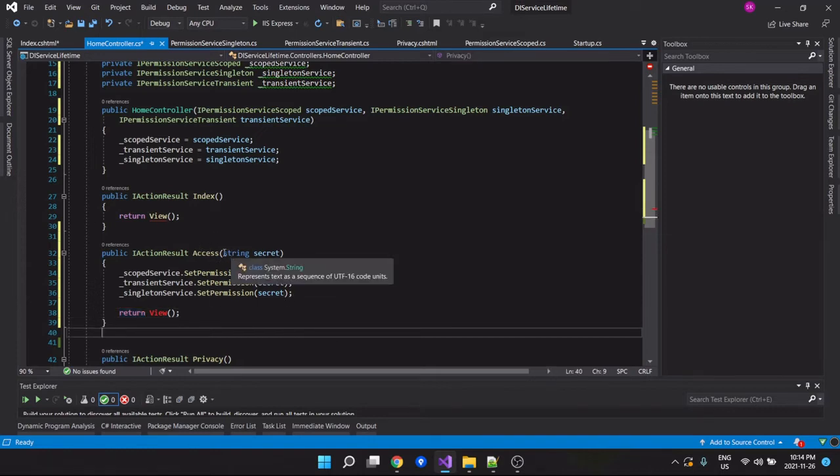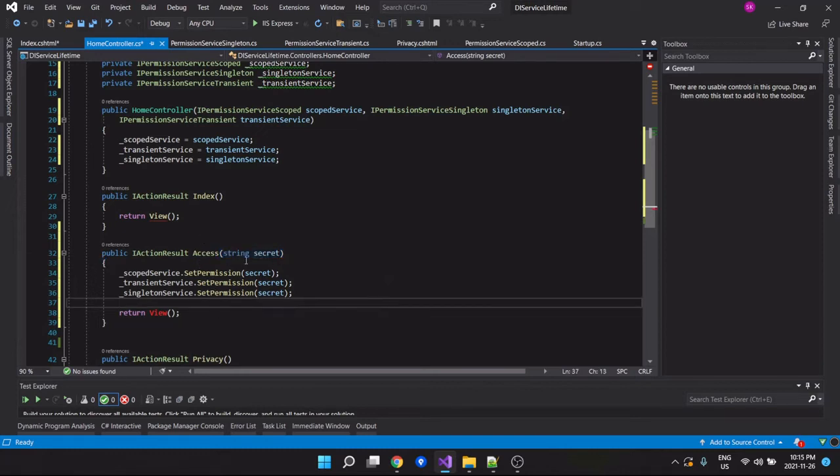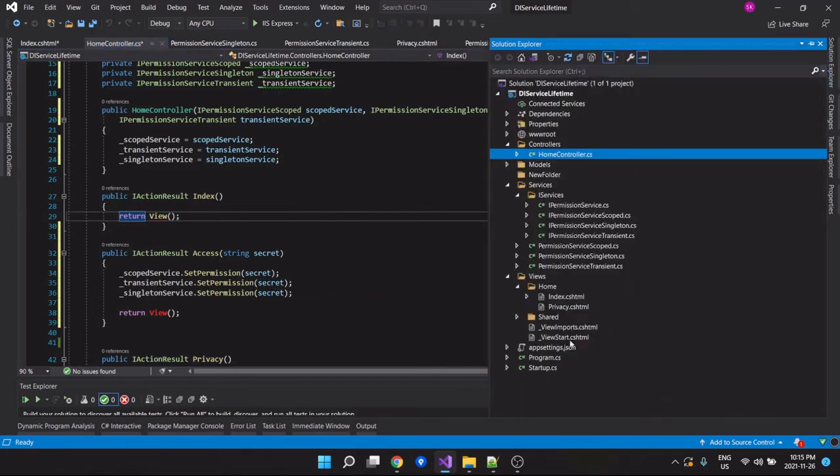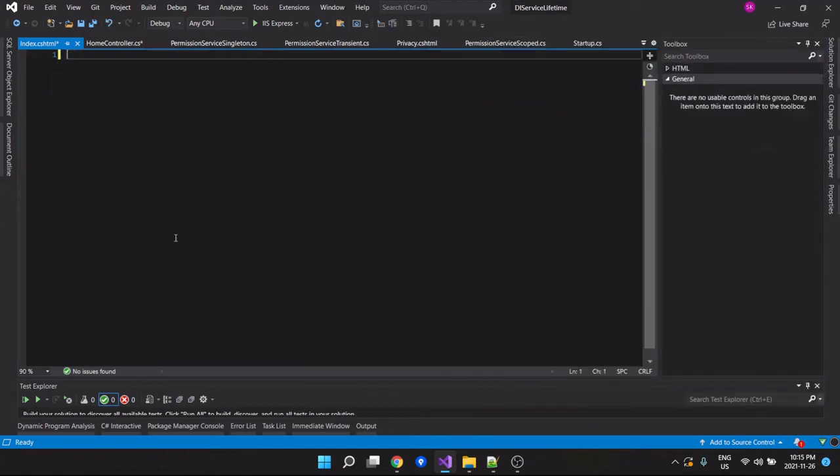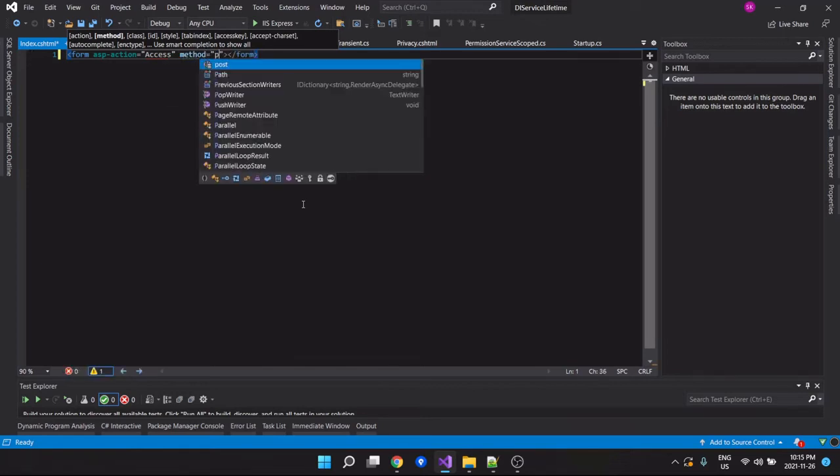So something we'll need to do is provide the secret to the access view. So let's set that up first. We can set up a form in the index view, and then that will post to the access view. So let's go to the index view. So right here, and let's wipe this out, and we'll set up a form here. So let's do form asp-action access, so that will post to the access page. So method equals to post,